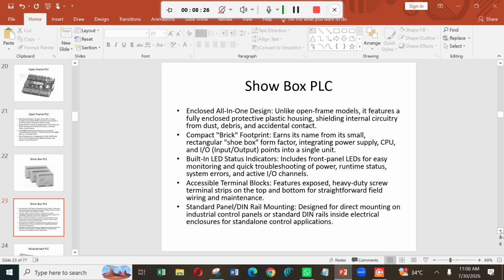That means you can directly connect the 230 volt AC power supply to the PLC. There will be an SMPS. Some of the PLCs may not have the inbuilt SMPS. What I've seen in the automation lab, they require a separate power supply. So some PLCs may come with an inbuilt power supply, some may not. So that is very important.